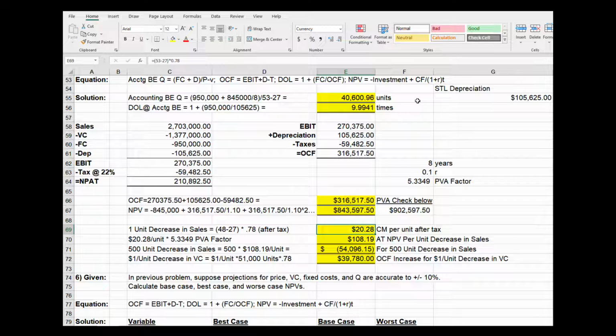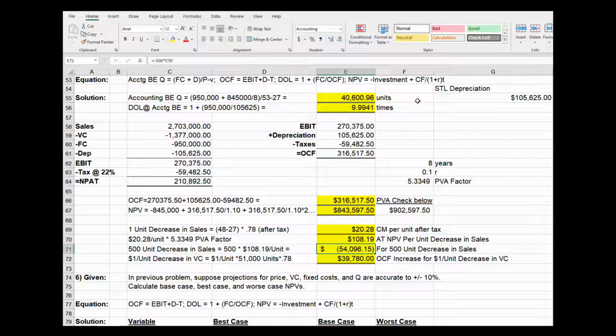For a 1 unit decrease in sales, it's just the after-tax contribution margin, so that's $48 per unit minus $27 per unit, P minus V times 0.78. That's what's left over after tax, and I get a contribution margin of $20.28, and that should be $53 minus $27. Then I take that contribution margin times the PV annuity factor, and I get an after-tax NPV per unit decrease in sales of 108.19, and I multiply that by 500, which will tell me my NPV decrease for